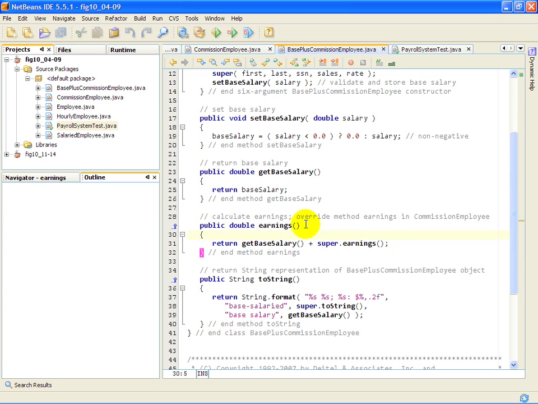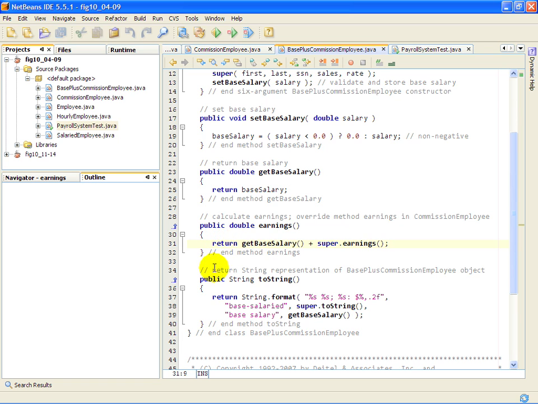So I'm now once again overriding how to calculate the earnings, but this time for a different class in the hierarchy. So whenever I get ready to calculate earnings for a BasePlusCommissionEmployee, what I'm going to do is call the superclass's earnings method, which will get me the gross sales times the commission rate. Then I'm going to add to that my base salary, and together those form the complete earnings that I will